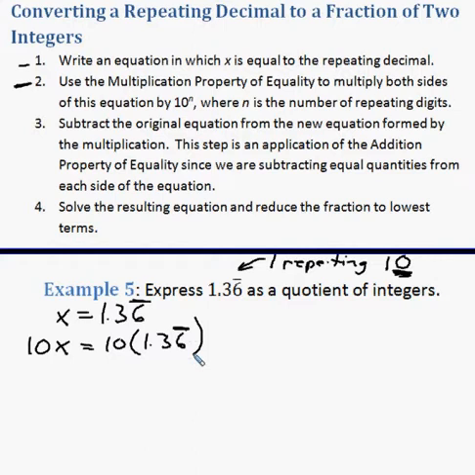And I'm going to rewrite this. I'm going to multiply by 10. So this is 10x equals, the decimal moves over one place. I said that wrong and wrote that wrong. It's 13, because I moved the decimal over. 13.6. I'm writing this twice for a reason. 13.66 repeating. I'm going to step 3 where I'm taking the new one,